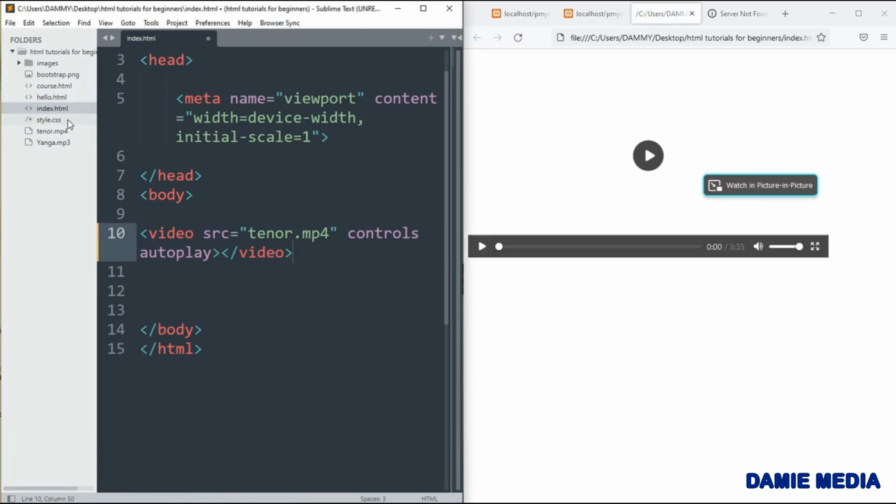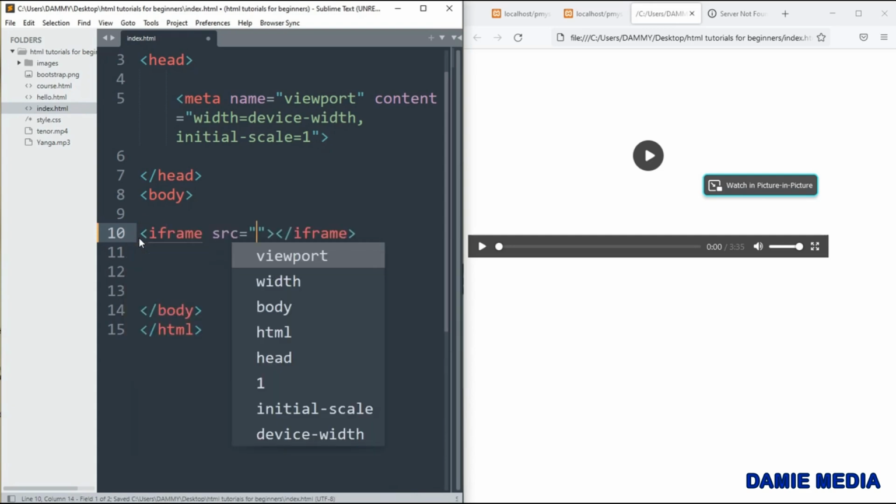Okay, so the next thing, and probably the last thing in this HTML tutorial, is HTML iframe. What you use HTML iframe for is to add other HTML documents inside your HTML document. And this is what I mean. If you want to add another HTML page inside your current page, now you're not linking, you are not closing the page and linking to another page. Let's say for example I use the iframe tag,